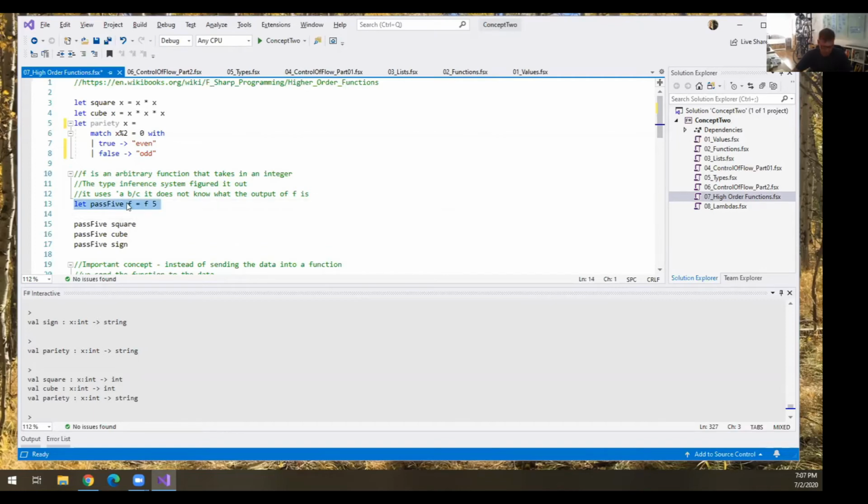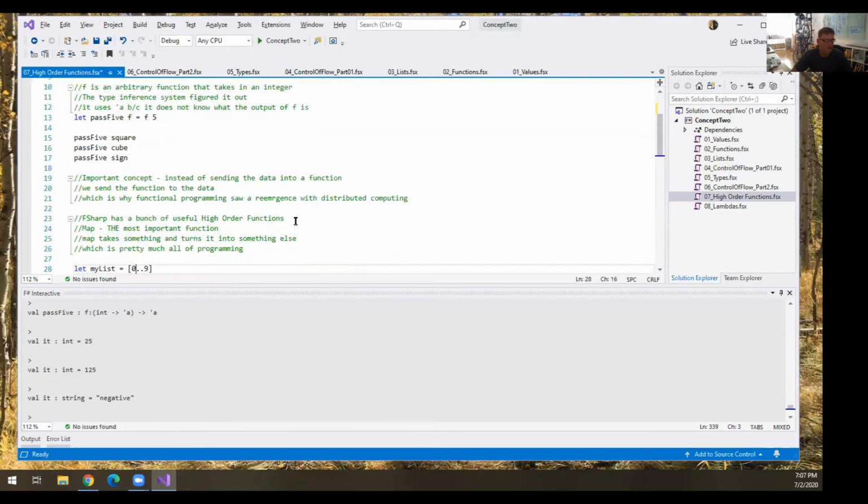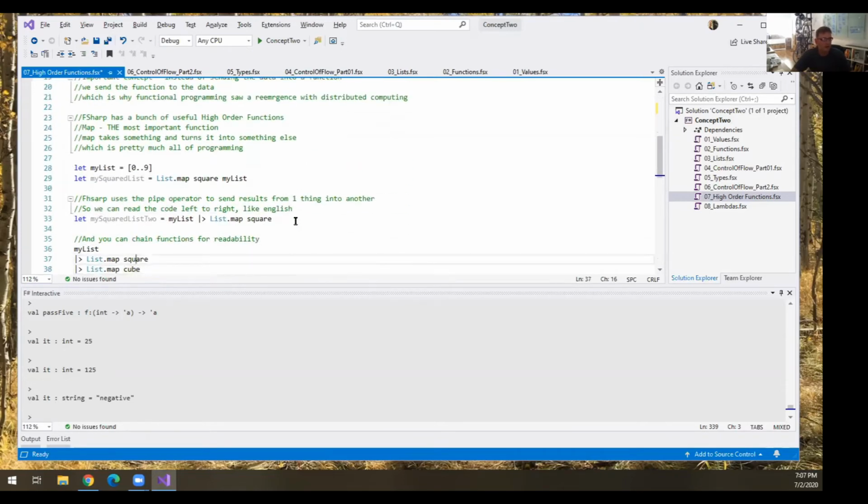So pass 5 is here. So now I can pass 5 square, 25, pass 5 cube. I'm passing 5s to all those functions. So what is pass 5? It's a higher-order function. That's a function that takes in another function. Do we use this all the frickin' time? So I won't go through it, but so that tick A means it doesn't know what the result type is? Correct. But once it starts resolving it and it finds a collision, it'll let you know. It's not just a vat of memory that you can throw crap into.